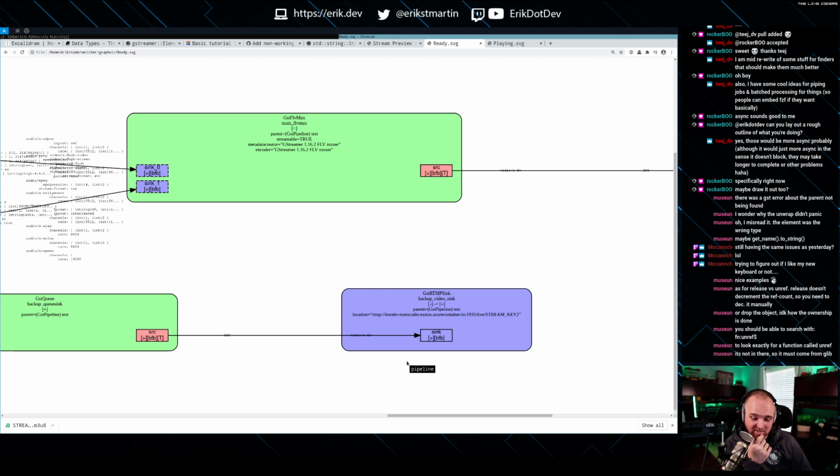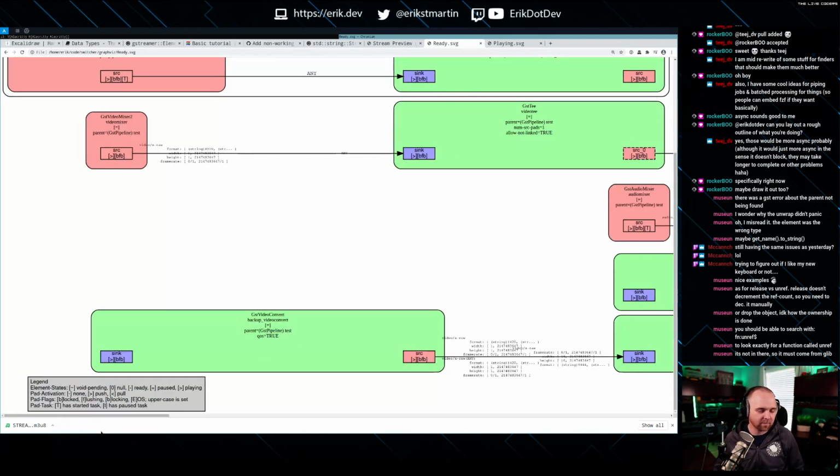We also need to make sure it's not our pad. There's got to be an easier way than this. And I don't know whether I want to create a slice of all the GST elements in it. So here's a thought. Here's what I'm thinking. So if we have,